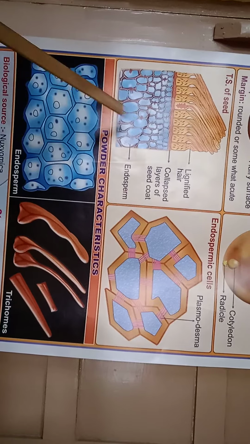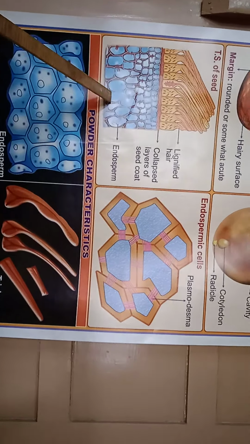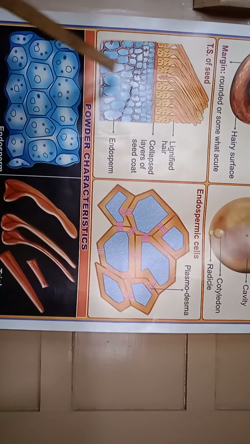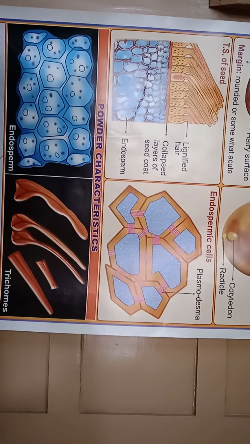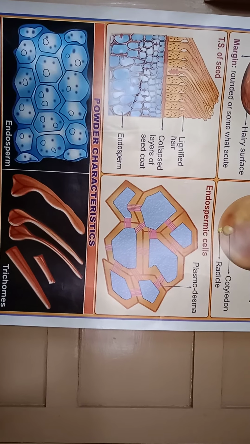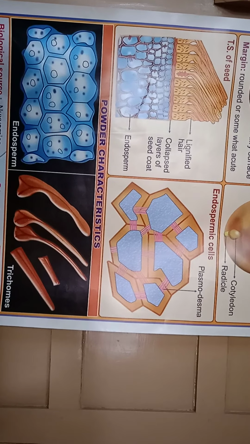Then endosperm region, this is a blue colored has shown which is a endosperm region. In endosperm region, thick walled cellulosic parenchymatous cells are present. Cells show hemicellulose in the cell wall and for different characteristics like plasmodesma, then aleurone grains and oil globules are present in the endospermic region. Now endosperm region, the plasmodesma is a fine protoplasmic strands between the walls of the endospermic cells.